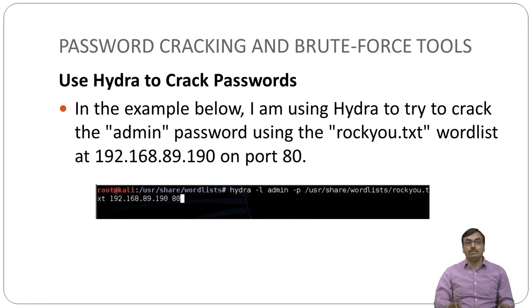And how to use this? You perform this kind of command and you will get the password.